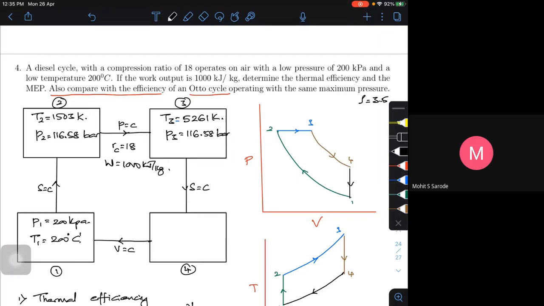On the diesel cycle, I think one of the data was missing, because the cutoff ratio was missing, which should have been given in the numerical. You take rho as 3.5, or you can assume it as around 3.5. Usually it will be given in the numerical. Is that fine? Yes, sir.